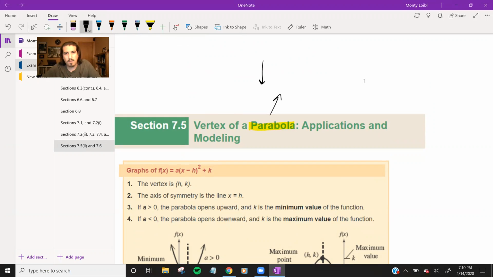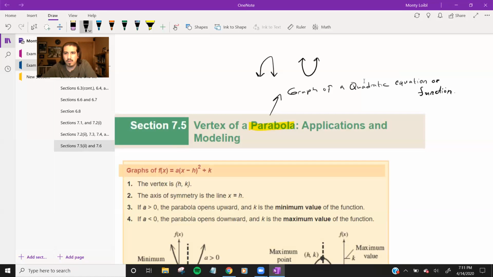Well, hold on, it looks something like that. It could be opening down or it could be opening up. And it's the graph of a quadratic equation or function. So that is what a parabola is, and so we're going to do just a couple more things in section